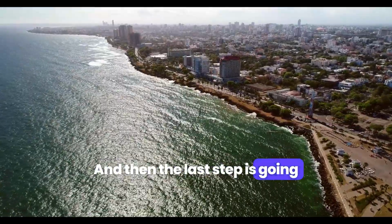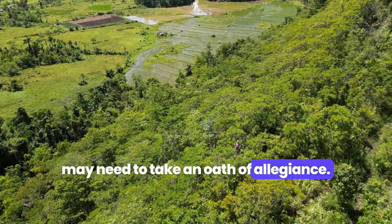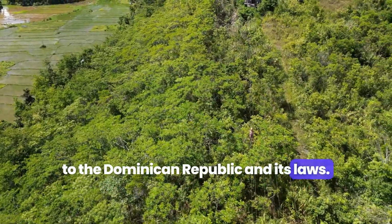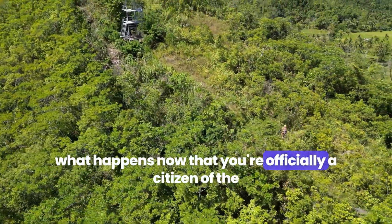And then the last step is going to be the oath of allegiance. So finally, as part of becoming a citizen, you may need to take an oath of allegiance. This is a formal acknowledgement of your commitment to the Dominican Republic and its laws. Cool, right? So after you become a citizen, now let's talk about what happens